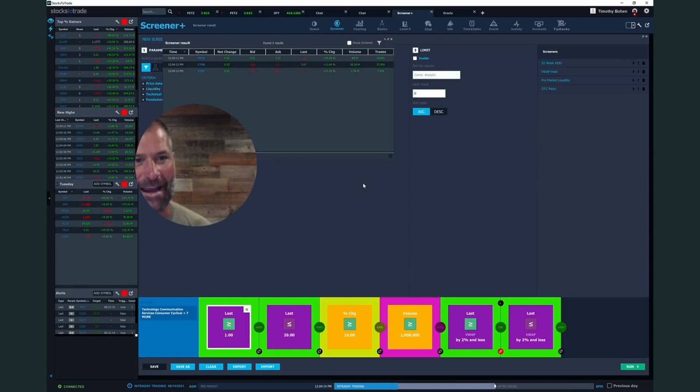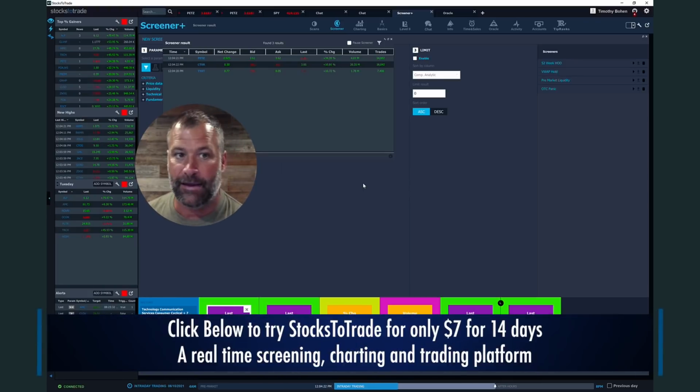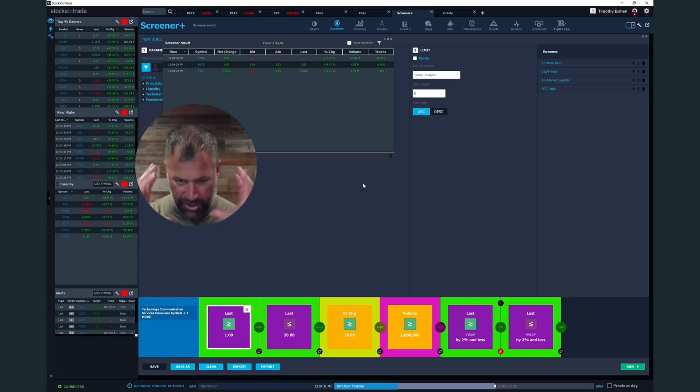We want to get down to a manageable number of stocks. So now let me explain what we're looking for. Ultimately, I think StocksToTrade is the best way to build scans. I love our block-based nomenclature, I guess maybe that's the right term. It's a methodology where you can visually see these code blocks, and you're not actually